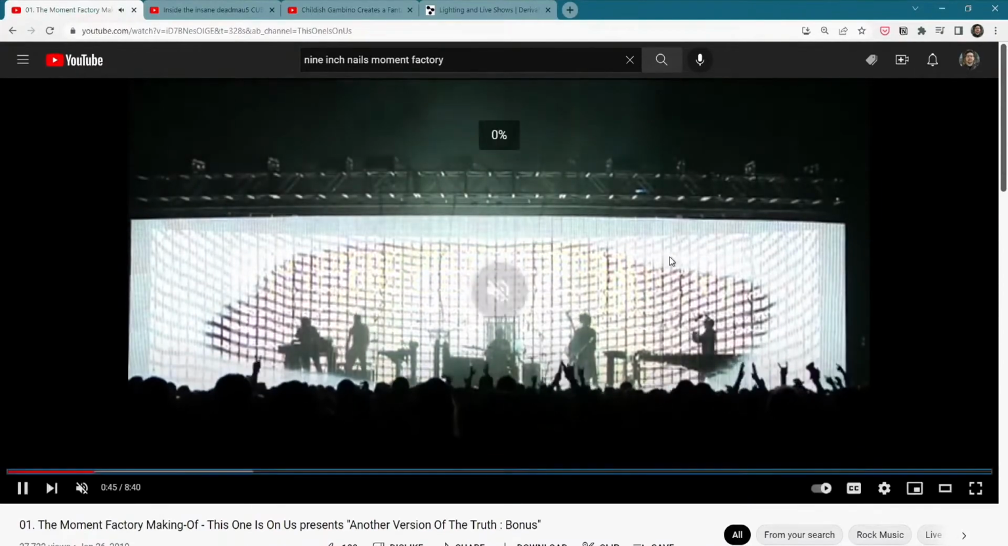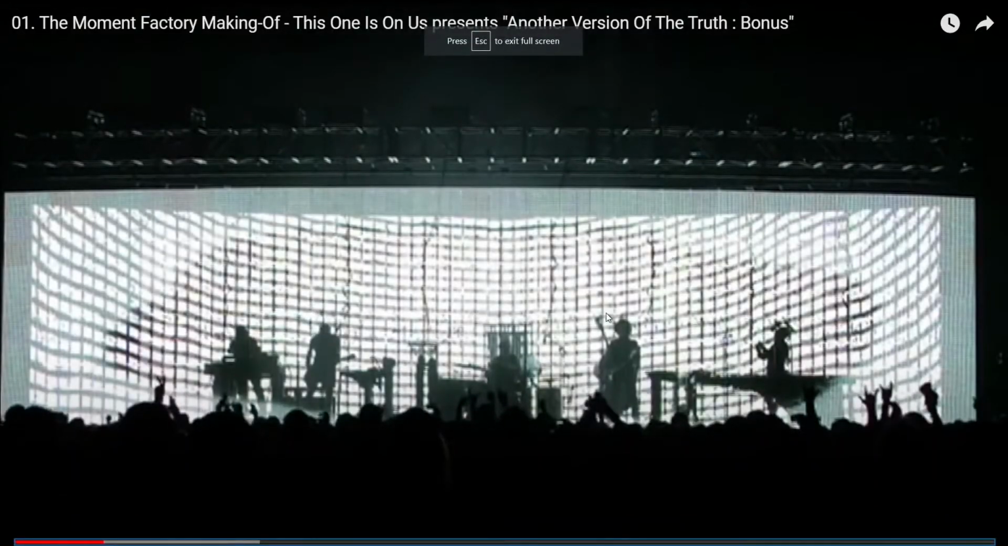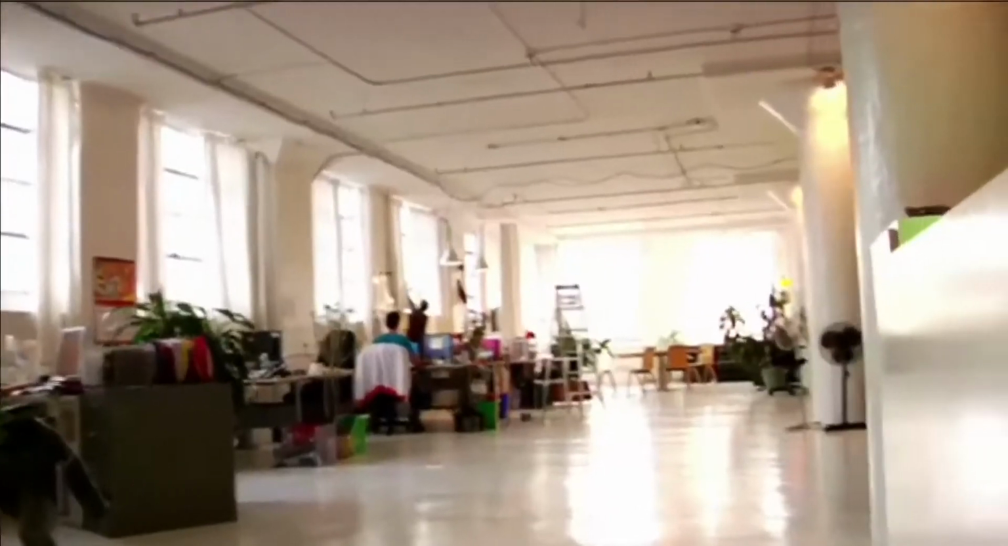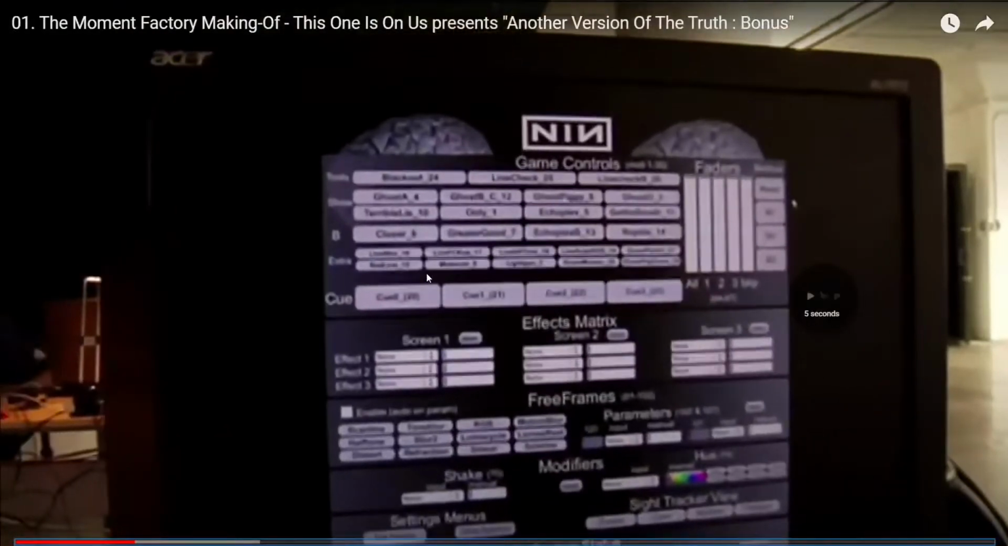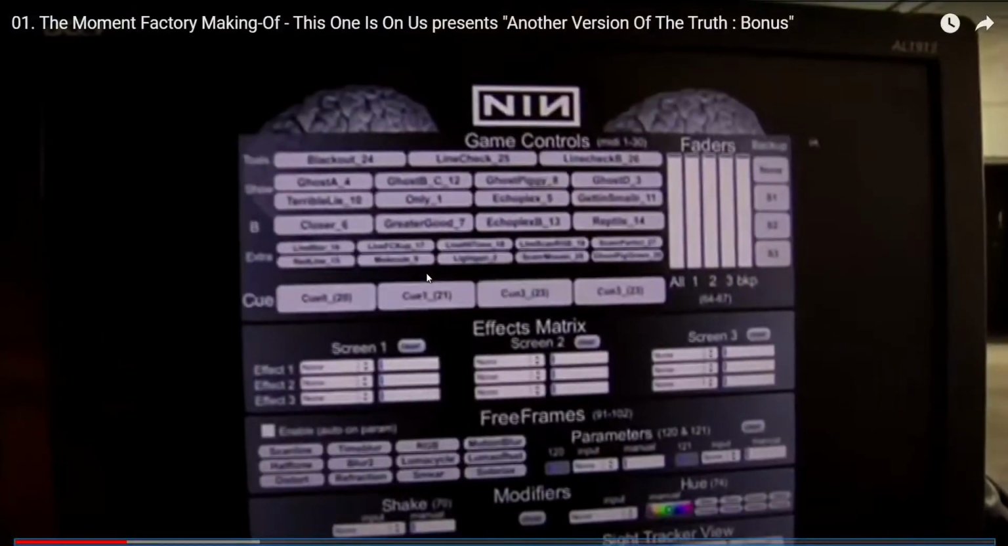So the first show that I saw that did this was where Trent basically pushes the button. And they had two layers of screens. They had a front LED screen that comes down and goes back up. You could do effects like that. And this was just the mind-blowing thing that got me to